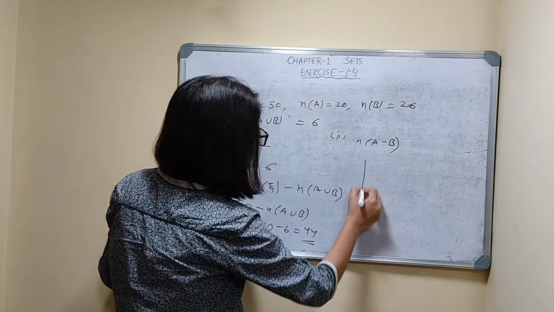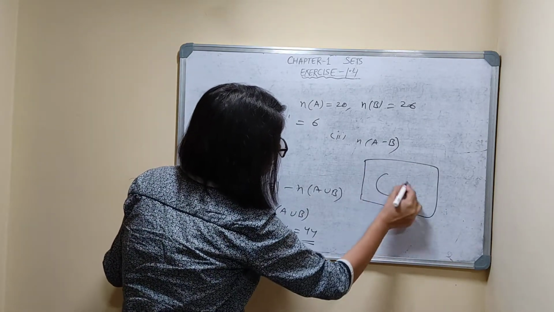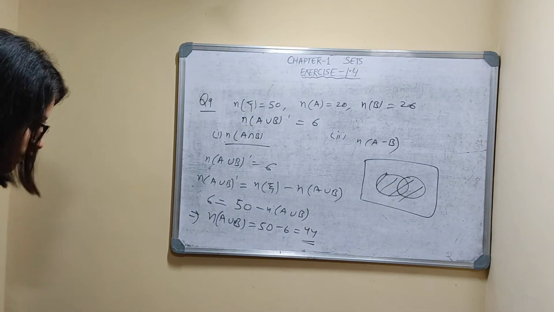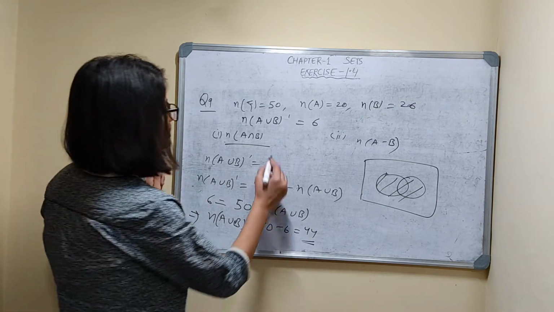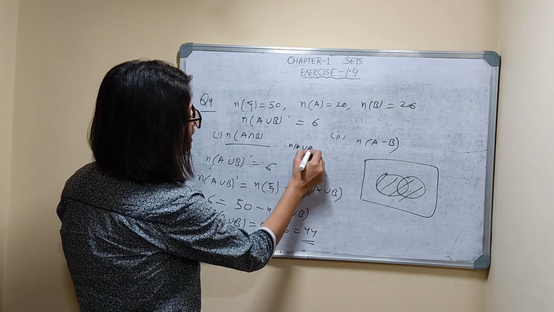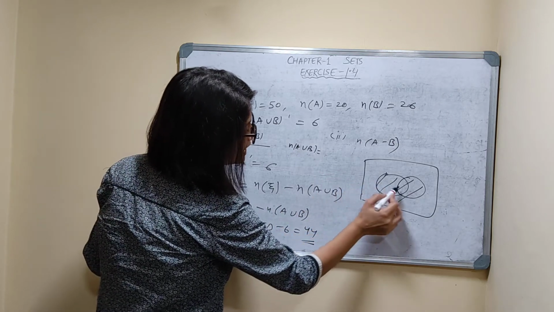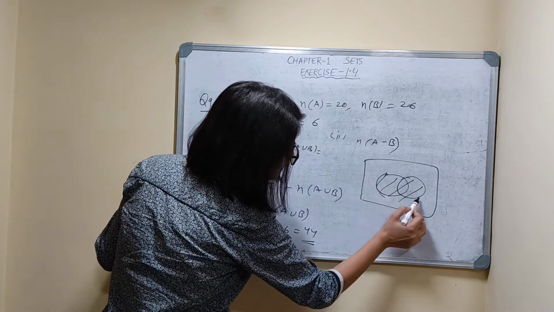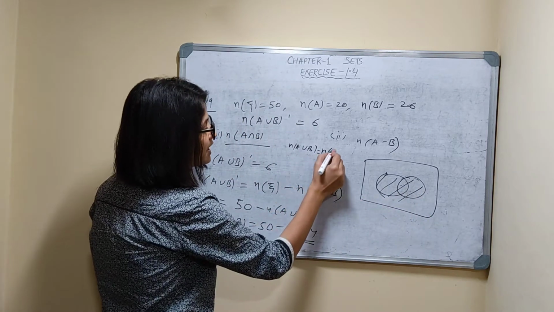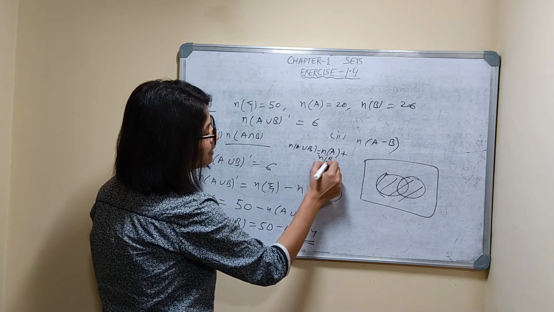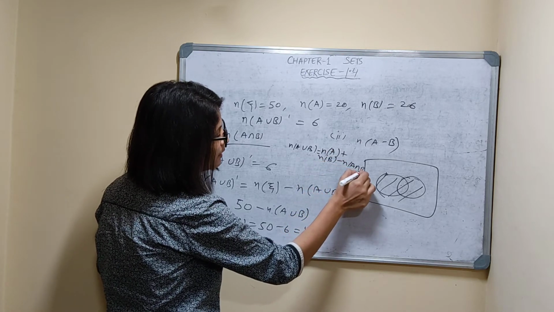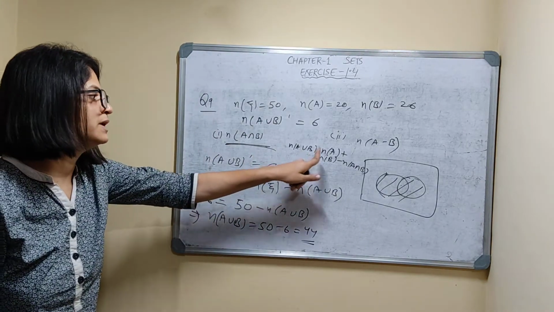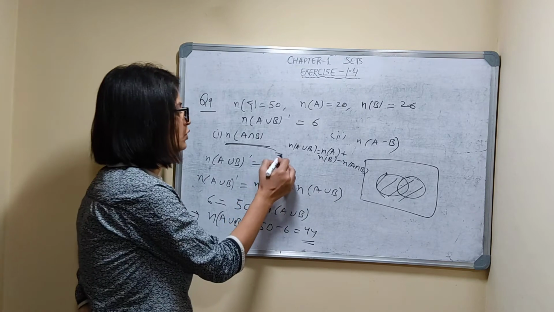First I'll tell this Venn diagram, you can see here. This total is what? A union B, that is given how much? 44. Now n of A union B, I can write n of A union B is equal to what? This part is n A, this part is n B, and this is A intersection B. This part is A minus B, and that part is B minus A. So I can write n of A plus n of B minus n of A intersection B. I want n of A intersection B, and I know the value of n A union B, n A and n B. I will substitute all the values.